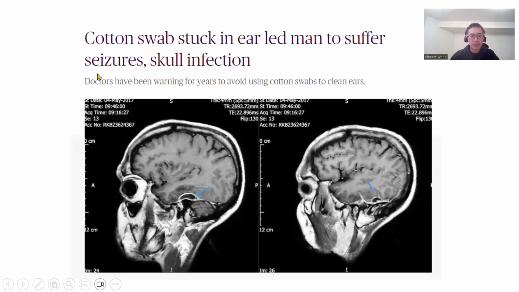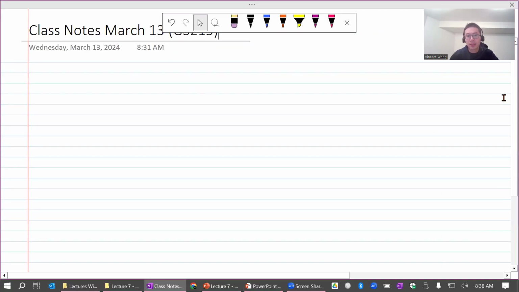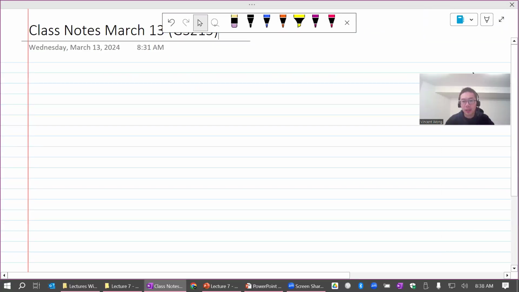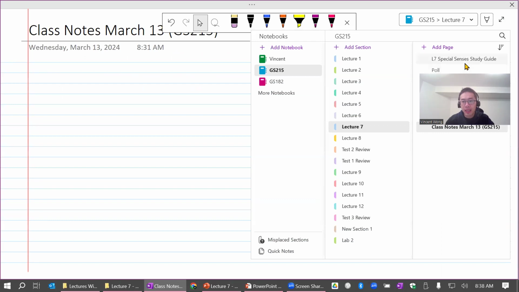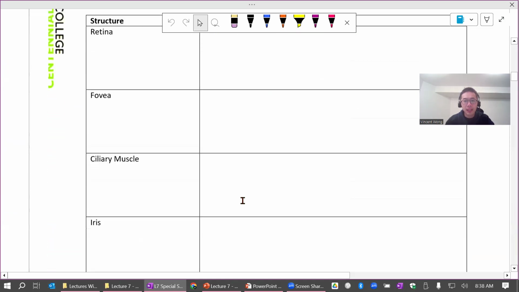There was an article I read about someone cleaning their ear with a cotton swab, but then the swab was stuck inside, and he didn't know about it. I guess he pulled the thing out, but then the cotton part gets stuck in there, and he didn't realize it. And over time, it becomes a place for bacteria to start growing. And he actually ended up having a seizure, because I told you last class, let me show you the diagram quickly to refresh your memory. I think it's right here. When we labeled the ear last time,